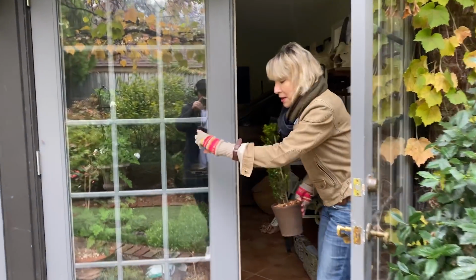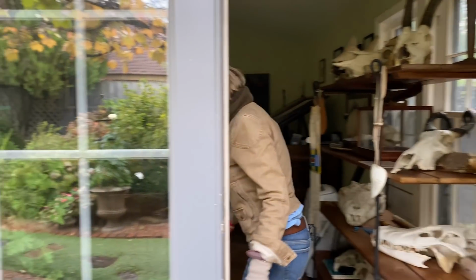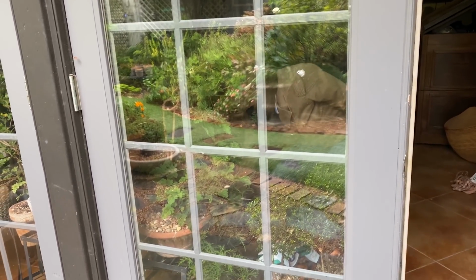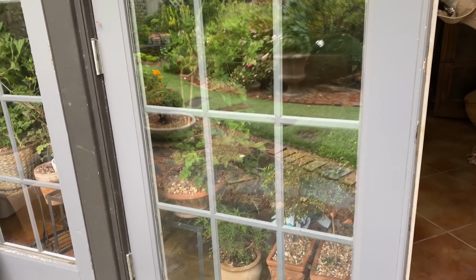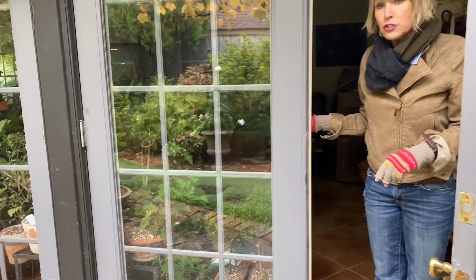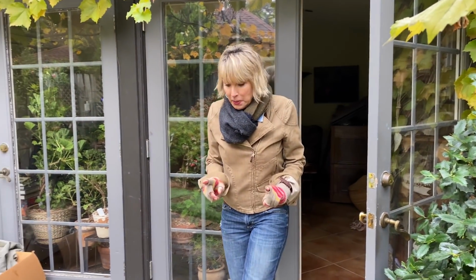You can see through this window that I've put one of my plant stands in here. Now, this is not the final destination for a lot of these. Some of these scented geraniums are going to go in a different greenhouse, but for right now, just because it is getting ready to freeze tonight,